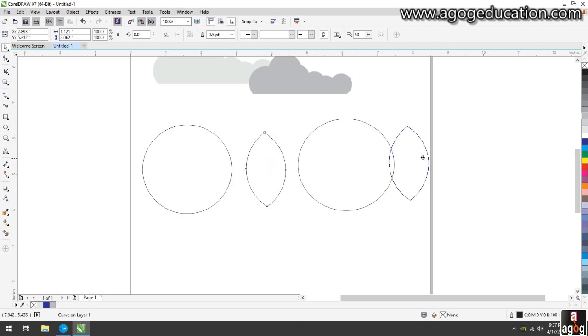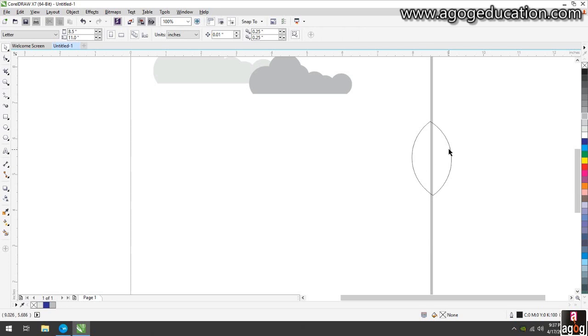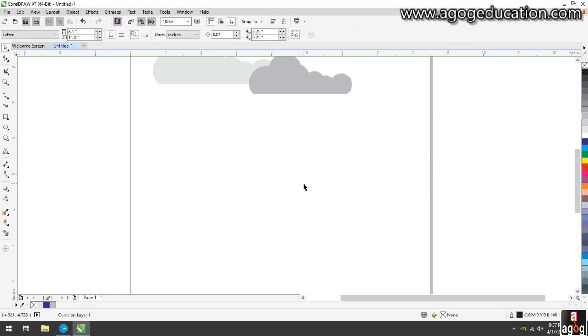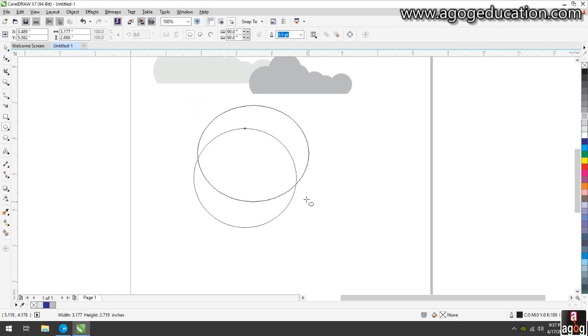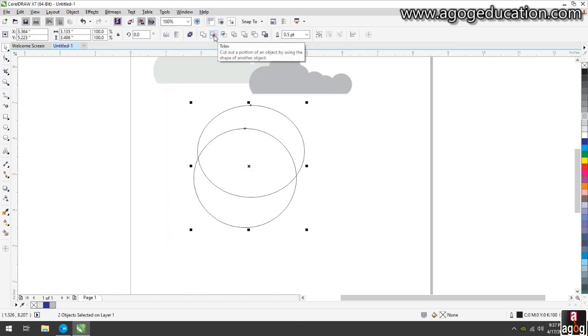Intersect. By intersecting you can create many types of shapes. So we created a leaf, and now you can use it in your graphic. If you want to create a moon shape, put these two circles this way, select these two objects and choose trim.